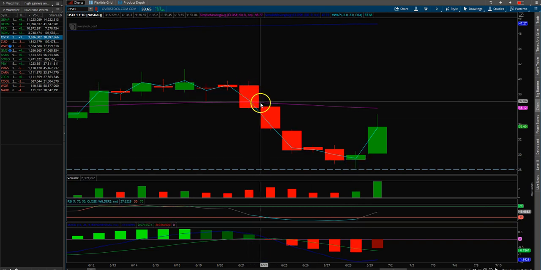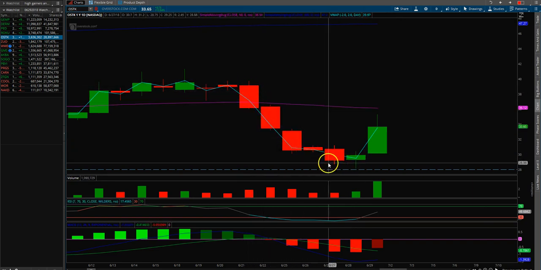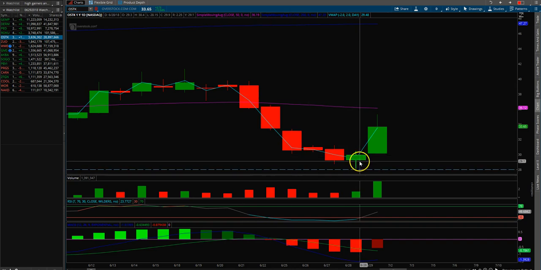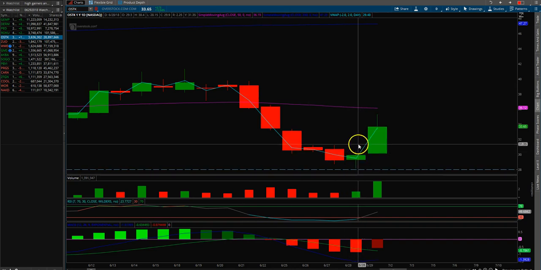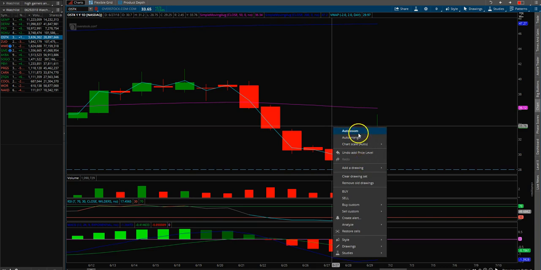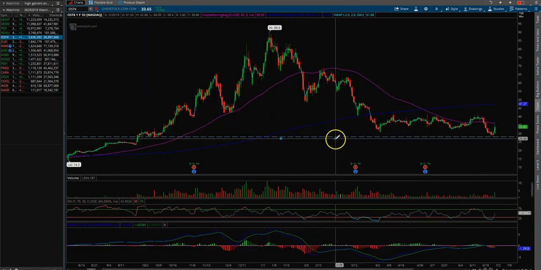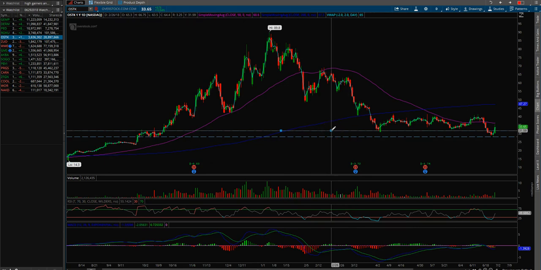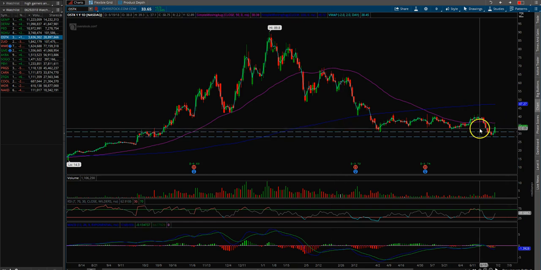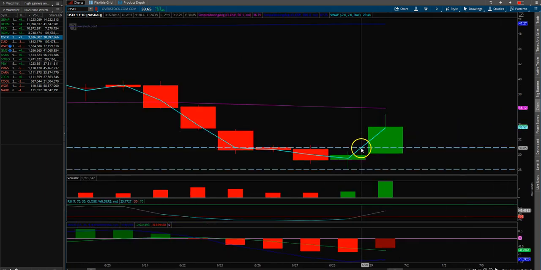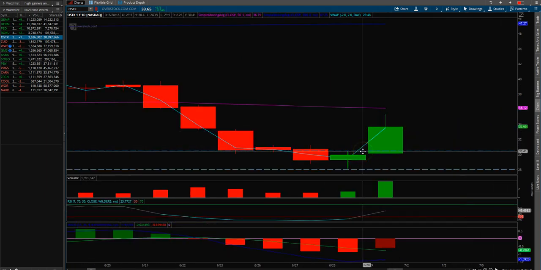And this downtrend was already overextended. So when this candle bar came in with the reversal, we could already assume that this was going to make an upside move. Now, where exactly are we going to be able to target that upside move? It's just going to depend on the previous action that has happened on the year to date. So some good positions to be able to put: we're going to definitely put a resistance line right on top of this wick. And then we're going to also put some,